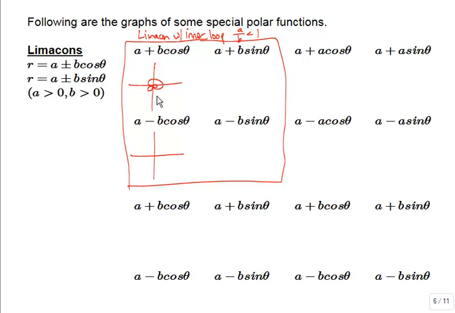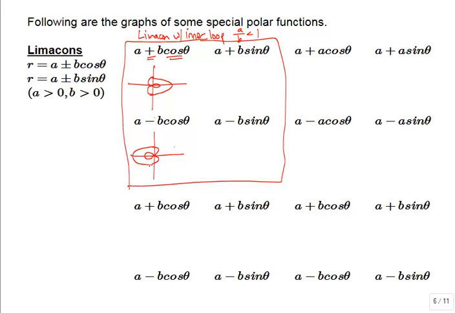Whoops, let me try drawing that a little bit better. See if I can do it a little bit more clearly with my pen. So it's kind of like this heart shape pointing to the right, but there's this little inner loop inside. And it's pointing to the right because this is a plus and it's a cosine. For the minus cosine case, it looks just like this, but it points to the left. So again, it looks kind of like a heart shape pointing to the left,